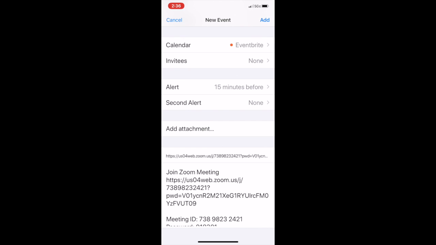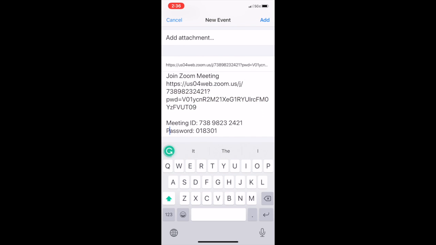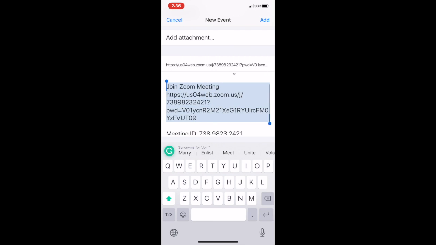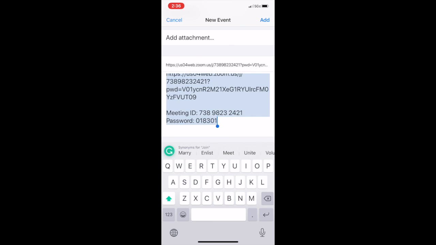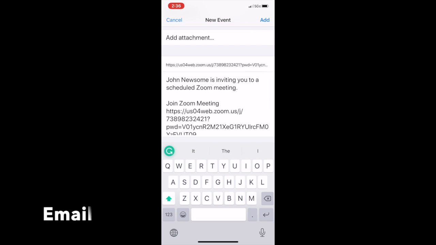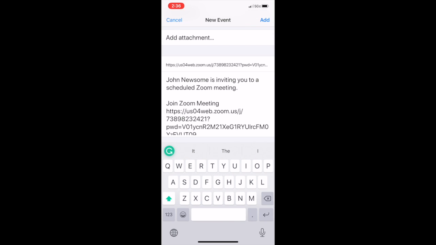What you want to do with that is you want to copy that, all of that information, and once you copy it, then you can send this information through an email, through a message, or you can send it through any of those things, through an email, through a message,